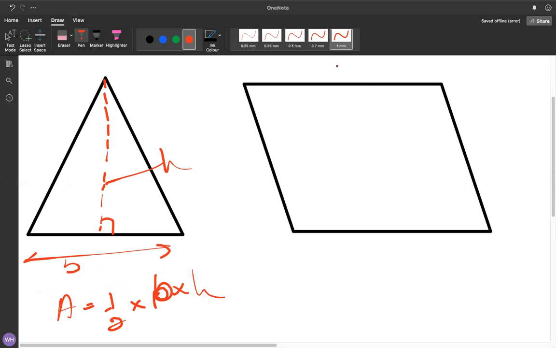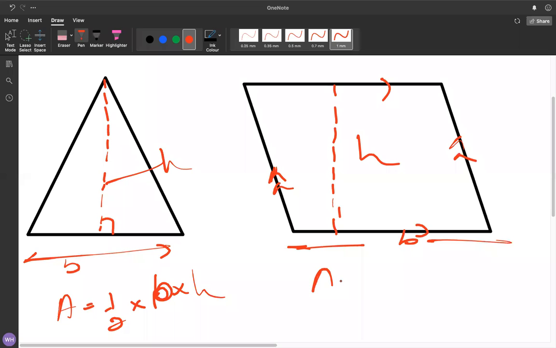Yes, correct. You can multiply the base. Now let this be the base and the perpendicular distance in between the two parallel lines. Right, now this is parallel to this one, right? So as well, this one is parallel to this one as well, right? So here if it is h, the way to find this area is b into the